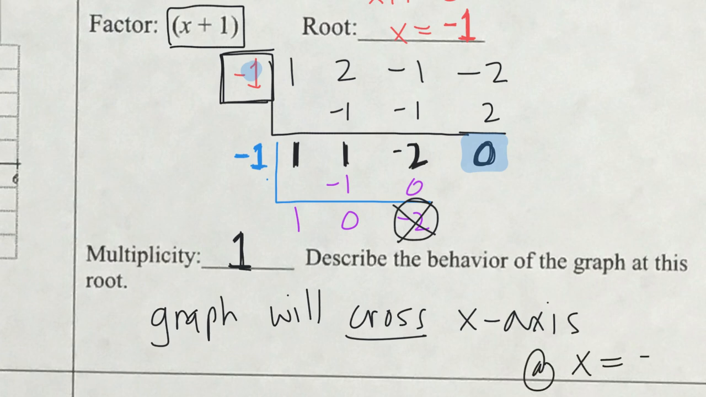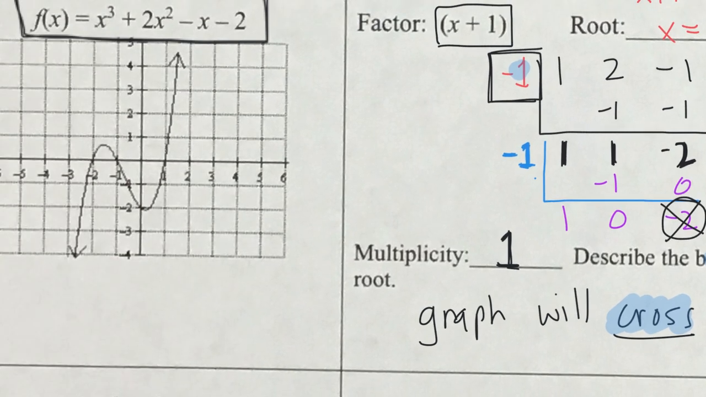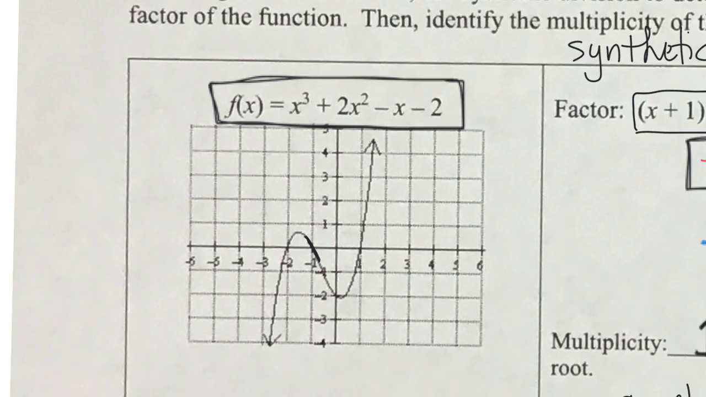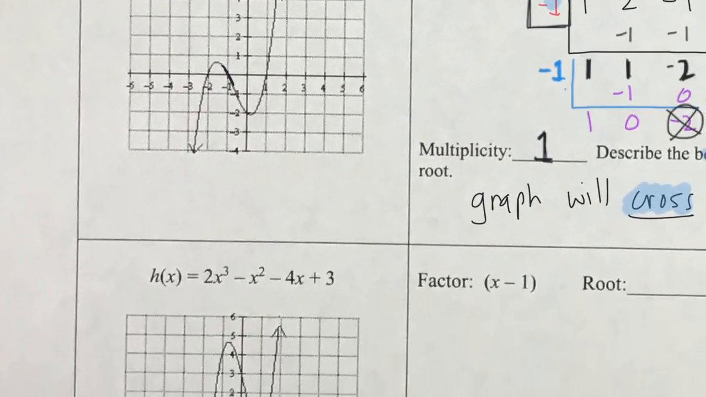At x equals negative 1. Okay, a multiplicity of 1 means our graph crosses, right? That's our vocabulary word for the behavior of the graph with a multiplicity of 1. Okay, so we can look over here at the graph, actually, and see at negative 1, the graph does in fact cross exactly as our math indicated. Okay, so it's a good thing to be able to verify your math with a graph,